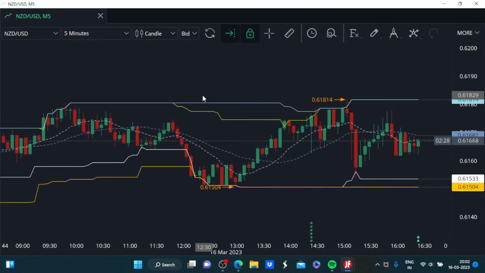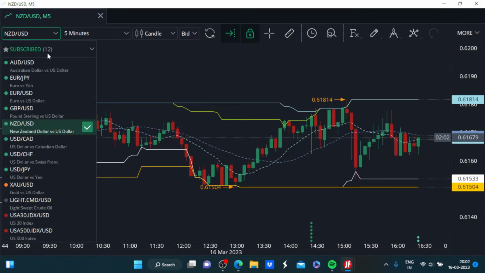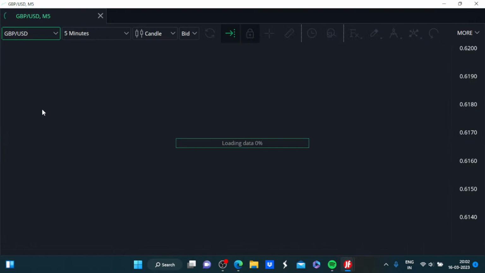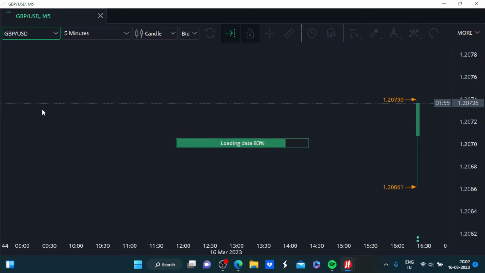It is also in a consolidation phase with a slight bias on the bullish side. So in comparison to the euro and AUD, it is looking slightly bullish. Not much difference is there. It is just slightly bullish in comparison to the euro and the AUD. And for other currencies, let us look at the developments in GBP, USD/CHF, USD/CAD.